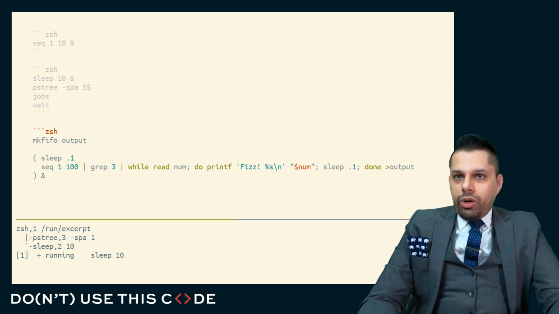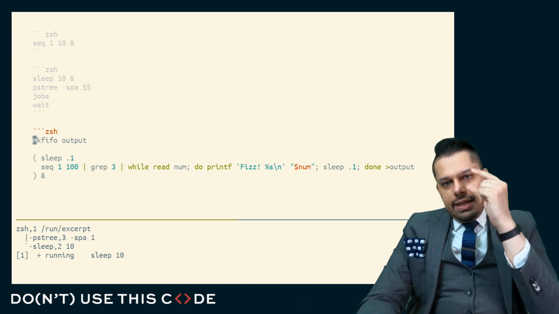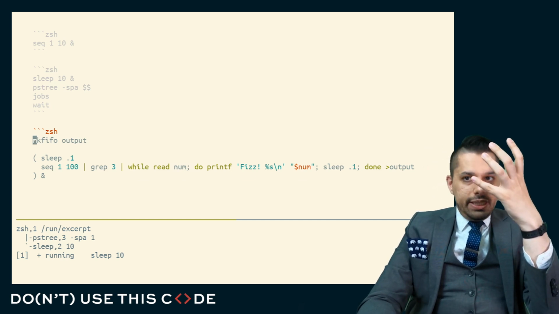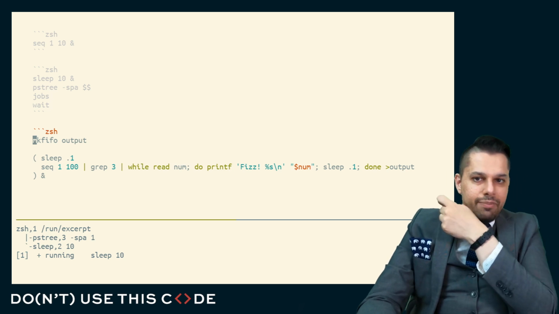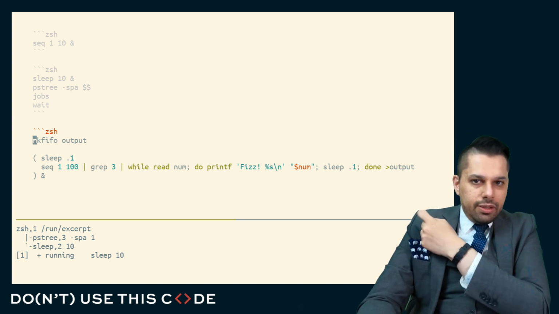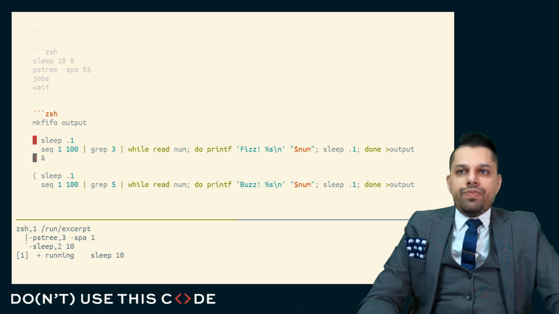languages. What I'm going to do here is create a FIFO. I'm going to create a named location on disk that I can write single lines to, what's called a named pipe, a location where I can write single lines of data and read single lines of data that can be used to bridge multiple processes together. And so what I'm going to do is I'm going